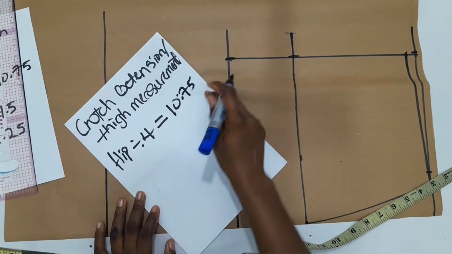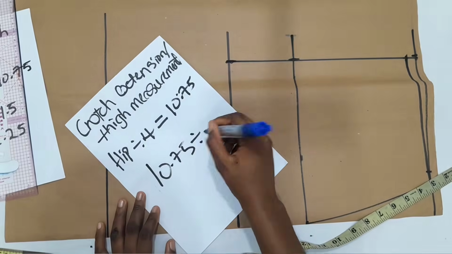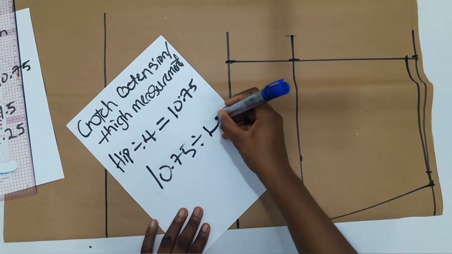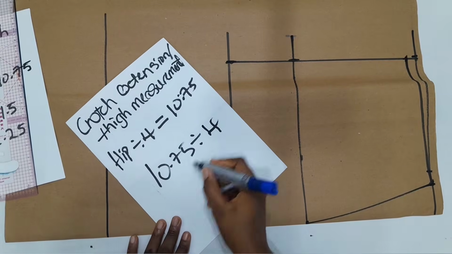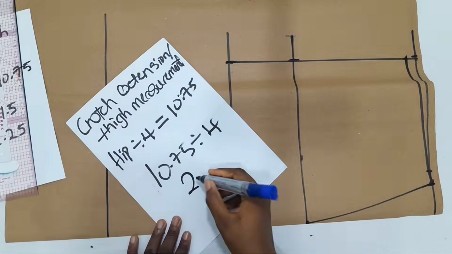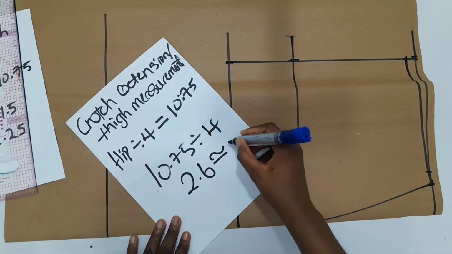I'm going to take that again, that's 10.75, and I'll divide it again by 4. So 10.75 divided by 4 gives me about 2.6, which if I approximate this,